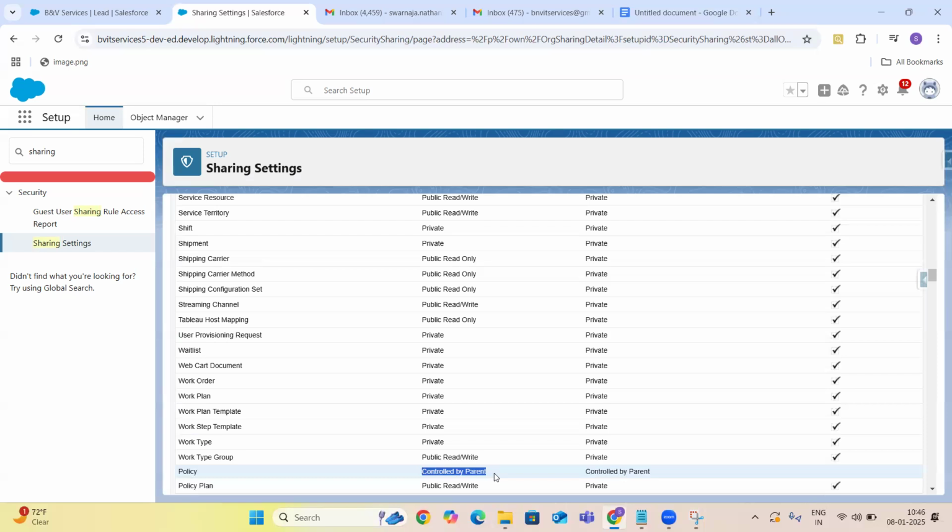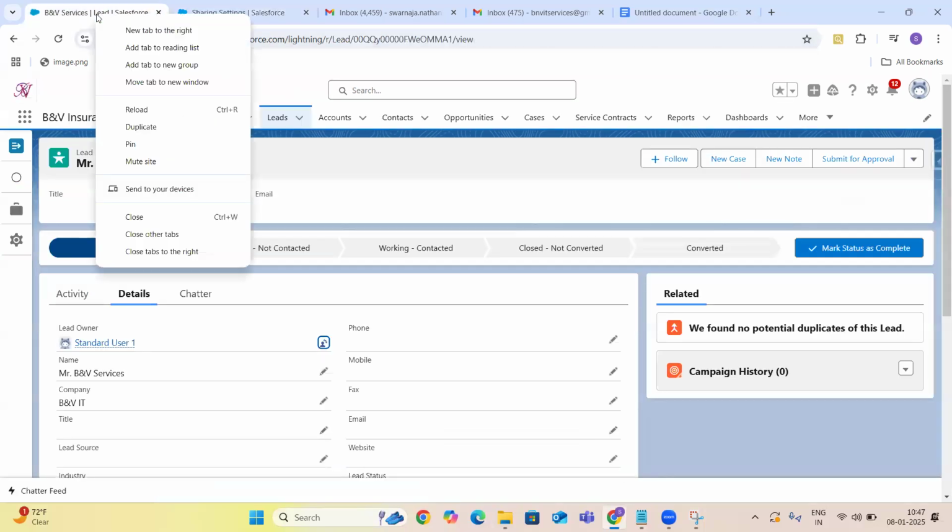Then which access will apply to the policy record? This is your interview question. In the case of junction objects, like policy is the junction object, policy plan is one of the parents and account is one of the parents. Let me open up that policy plan object.